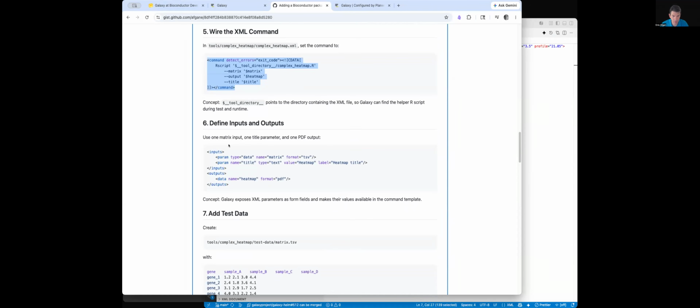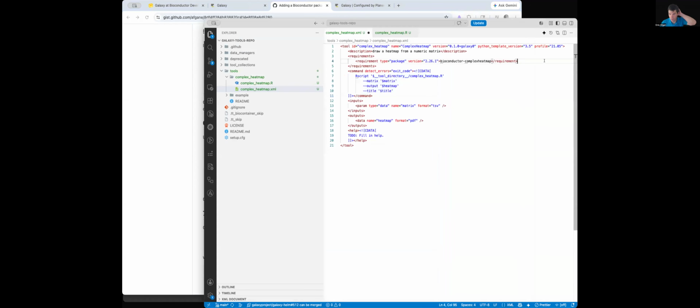Follow along with these inputs and outputs. It created a couple in here. We can see it just has the matrix CSV that we can supply and a PDF output. We're adding one more as the title of our plot. And so when we save this,